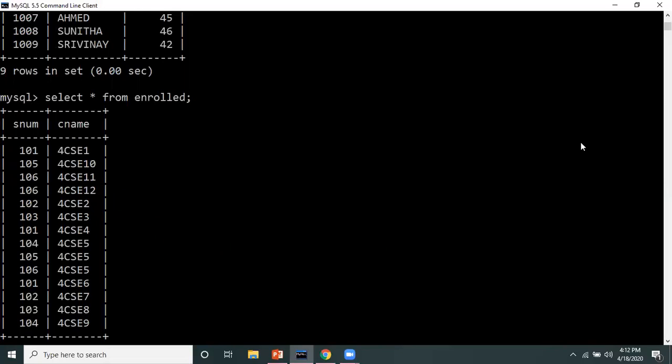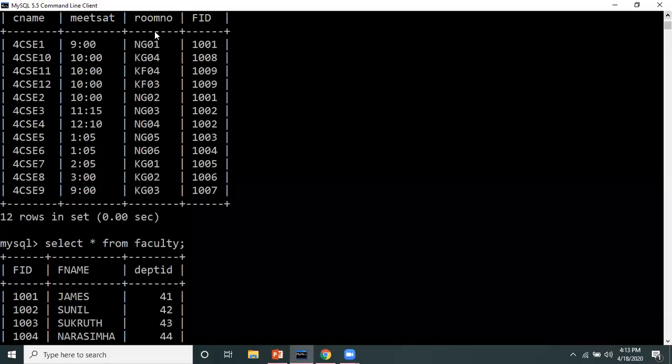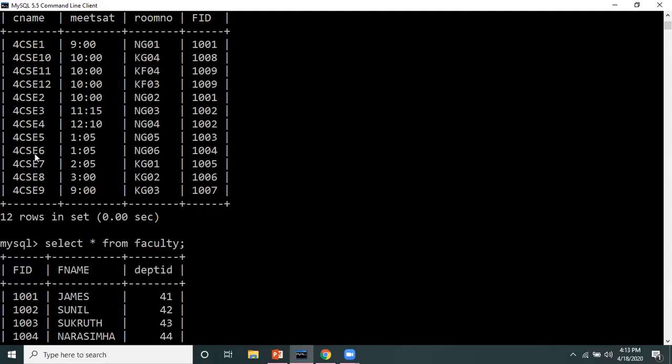Then the further condition is E.cname should be the same as C.cname. So CSC 1, 4, and 6 should be there in the class table. If you check the class table, CSC 1, 4, and 6 are here. Now we have to check the faculty ID of these. CSE1 is taught by faculty ID 1001, CSE4 by 1002, and CSE6 by 1004.